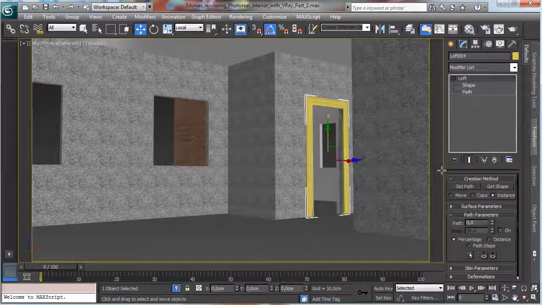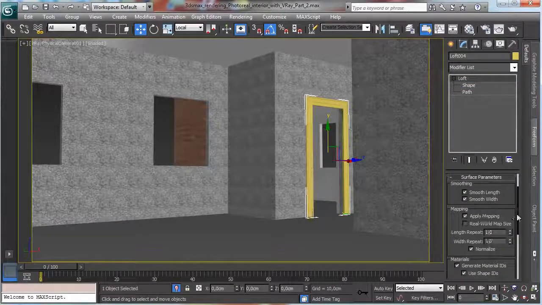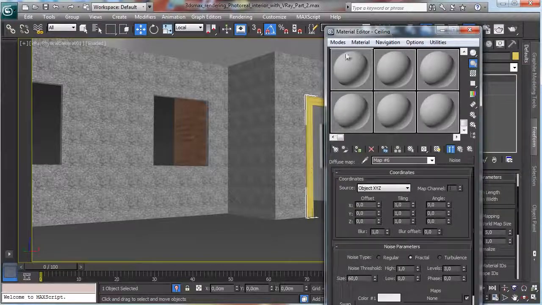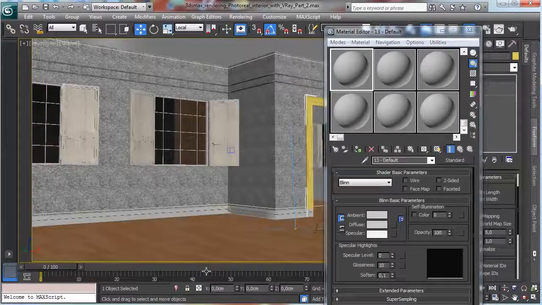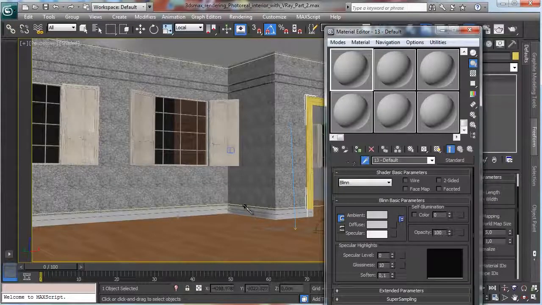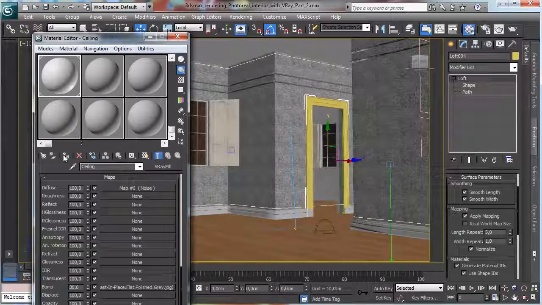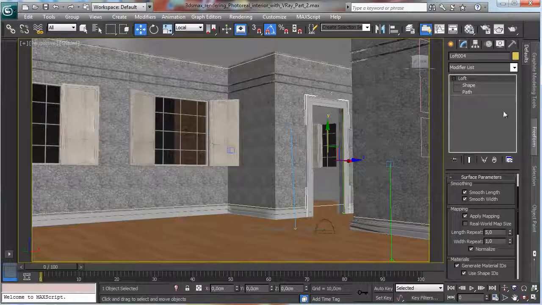Okay, nice. Close. Let's apply the mapping, and let's say that actually we use 5 times during the length. I like to use the same white we are using for the other parts, so let's use this one, that's the ceiling, and we use the ceiling also for this area,